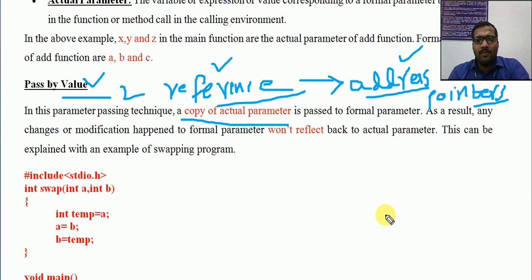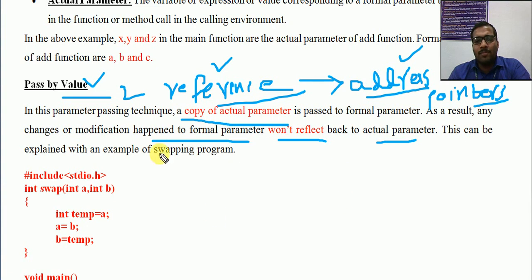Then that copy will be processed inside the function definition and some value will be returned, or the control will come back to the caller function. As a result, any changes or modifications that happen to the formal parameter won't reflect back to the actual parameter, because we are passing a copy only.